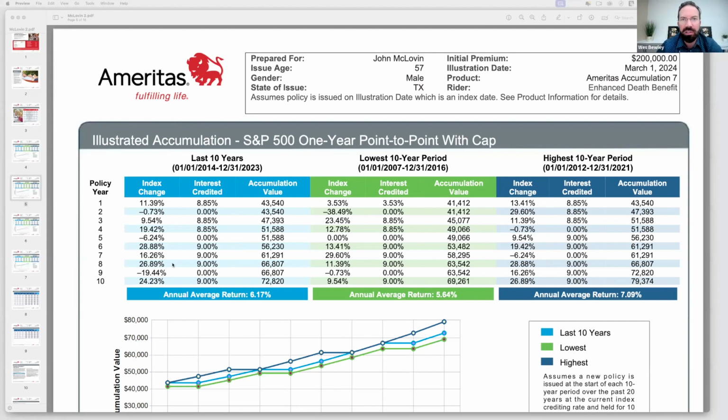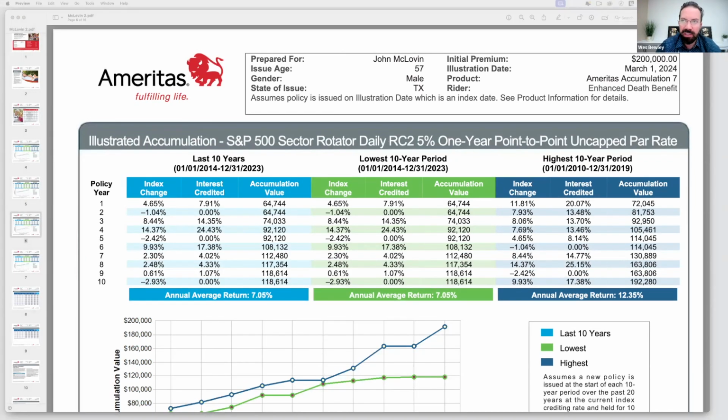So what would your account look like if you didn't take that drop? That's one of the value propositions of this. The worst this investment's ever returned is 5.64%. That's the worst. Then if we go down to the next one here, this is one of the top 5 in the S&P, and it's called the sector rotator. The worst it's ever done is